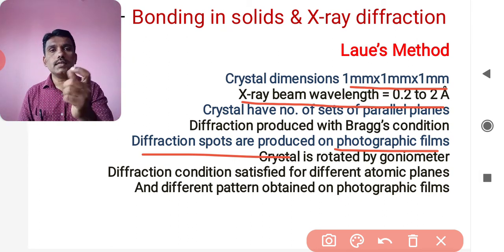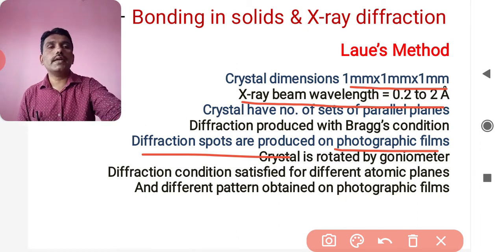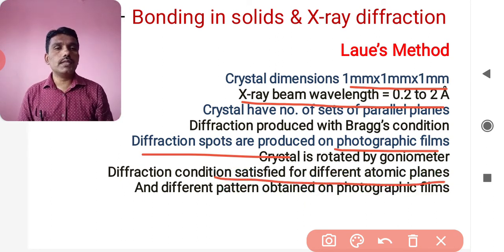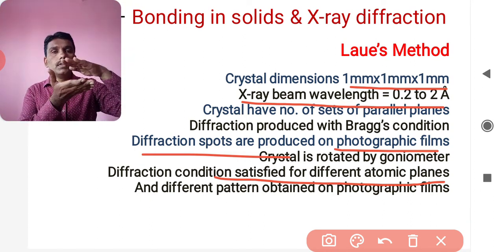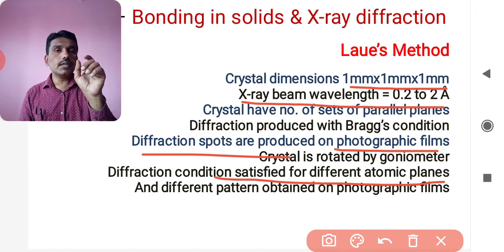which is at the center. By rotating it, you will find different patterns for the diffraction conditions. The diffraction condition is satisfied for the diffracting atomic planes. As we know, crystals or solids are made up of different sets of planes, and when you rotate this crystal you will find Bragg's diffraction condition for the different sets of planes,